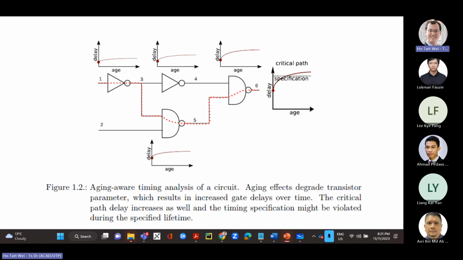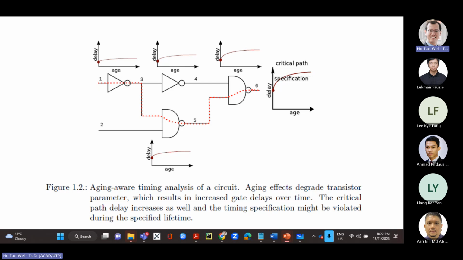Okay, but for this semester, I'm not going to be talking about the wire delays or the wire aging so much. If you're interested, you can read the textbook. It's two effects, self-heating and electromigration. These are delays associated with aging in wires, but we're not covering that this semester. I'd like to really focus on the transistors and the gate level delays, because this is new material that we are introducing this time around.